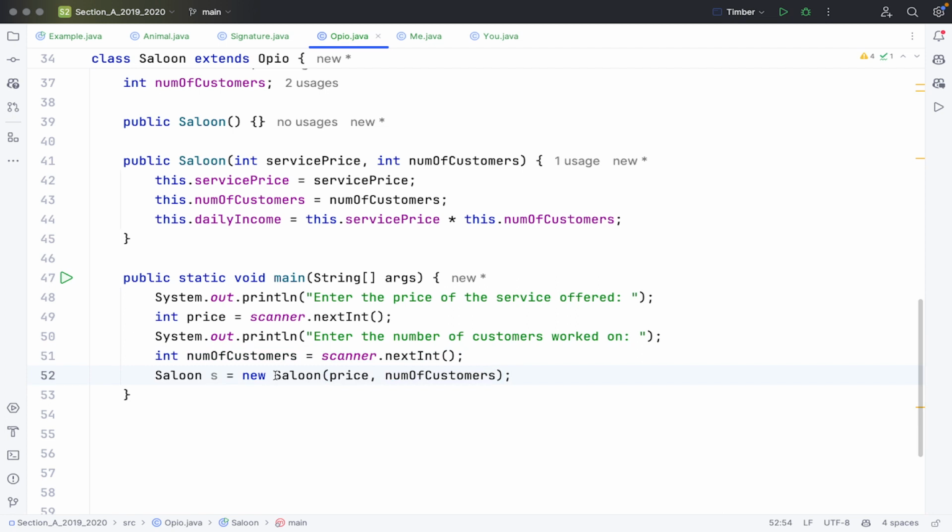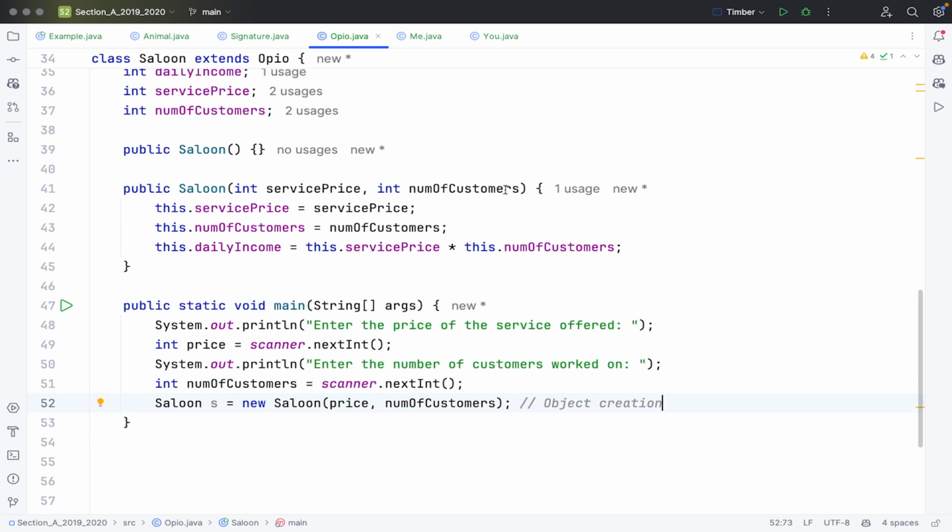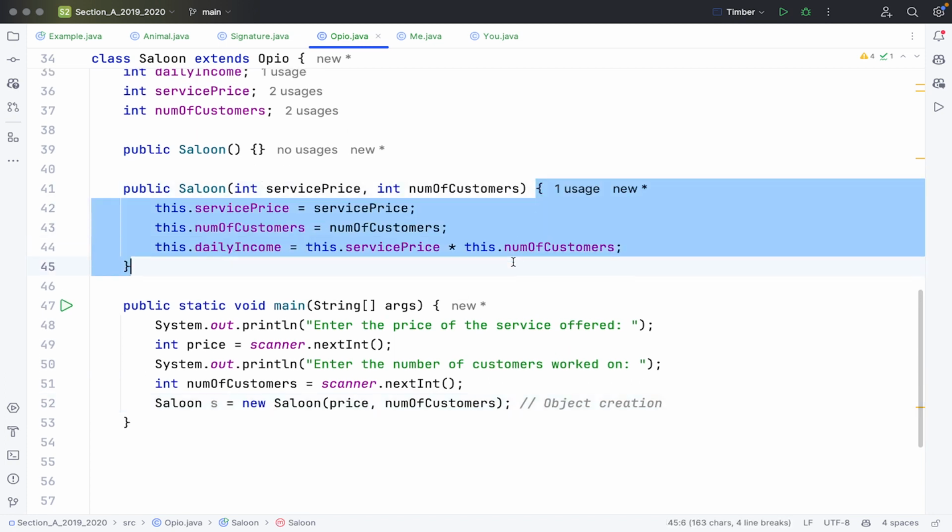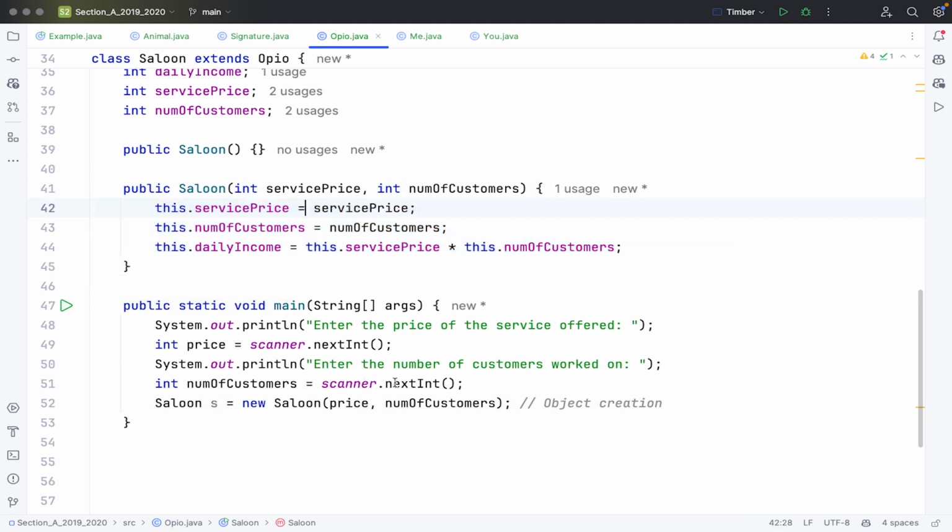So when this code runs, this line of code is also what? Object creation. And remember what happens at object creation? This code runs because we're using this constructor that takes these two parameters. So this code will run assigning this price to this service price. It will assign the number of customers to this number of customers, and then it will do the computation like this. So basically, by the time this code runs, we have the daily income already,